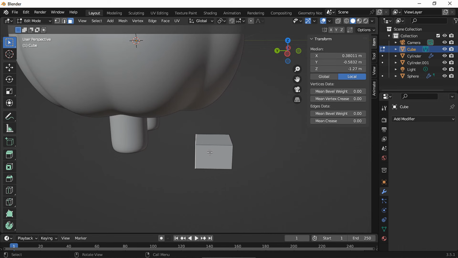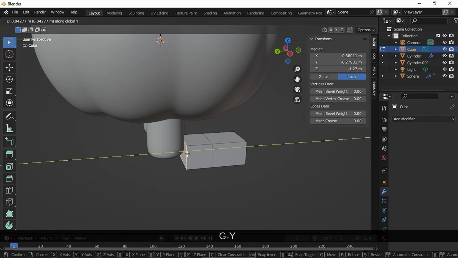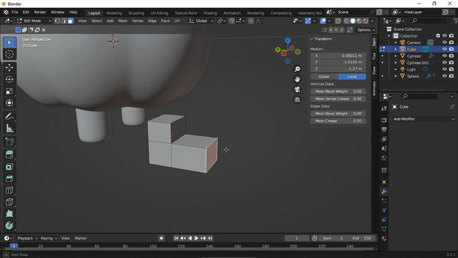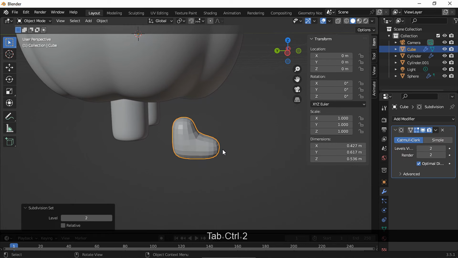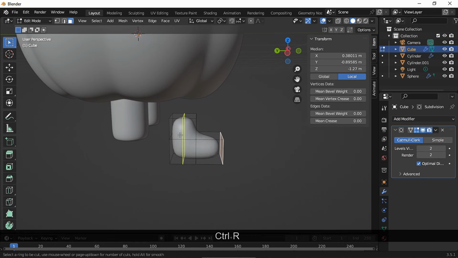Select the back face and extrude. Let's move it on the Y-axis a bit. Select this top face, extrude up, and let's make this front face a bit shorter. Back to object mode, let's add a subdivision modifier, shade smooth, and let's go back to edit mode to refine